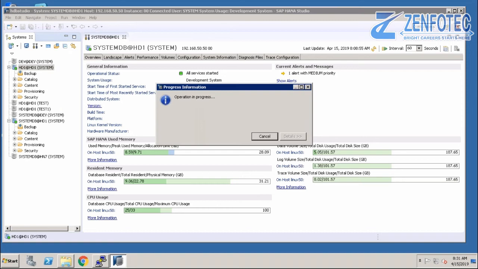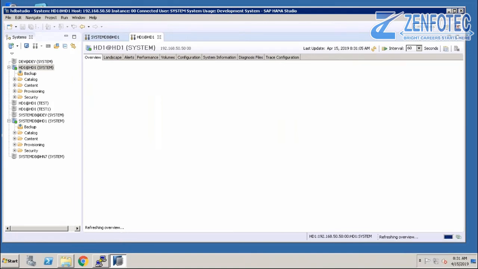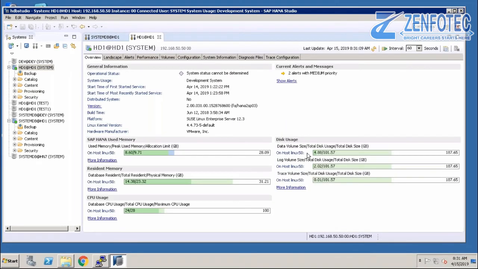I'm opening that one. If you see here, I have a different size, 4.88, for my tenant database, but this is common. This is common. This is common.